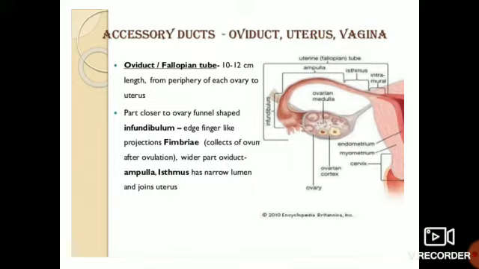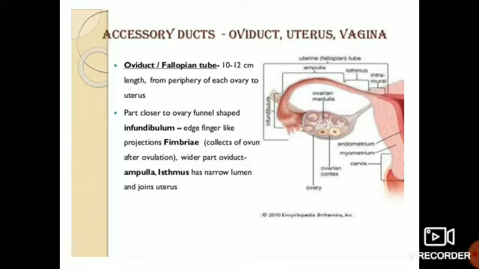These are called the accessory ducts because in the process of fertilization, the process of reproduction, they play a very crucial role in carrying important things such as ovum and sperm. In the case of the male reproductive system, we have seen the vas deferens, vasa efferentia, testicular lobules. All these sperm ducts are ducts, so they come under the accessory ducts, which help in that particular process.